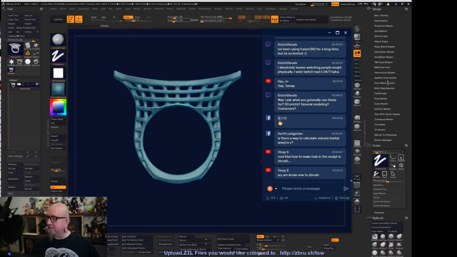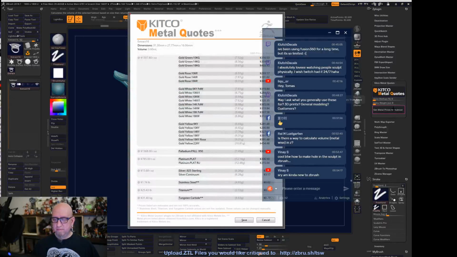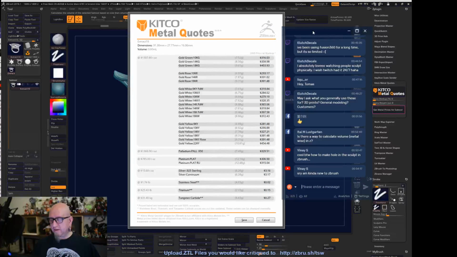See this Kitco metal quotes? Get metal quote. And there you go. Oh, there's a calculation off on this. This is an older version of mine. We have a newer version that doesn't have that problem. One of these is off, but everything else is okay. You can see stainless steel, you can see palladium. This gives you the weight in grams. If you export or save it,